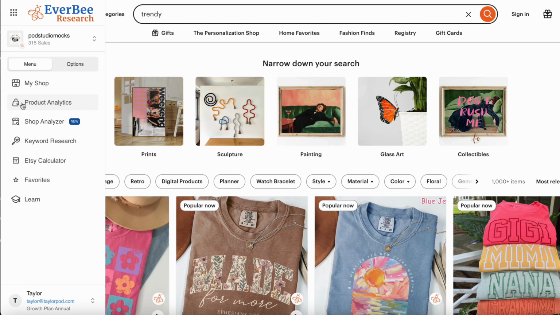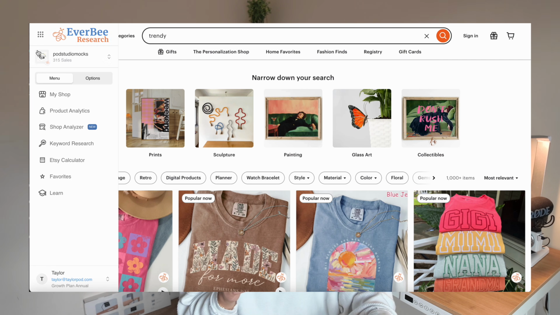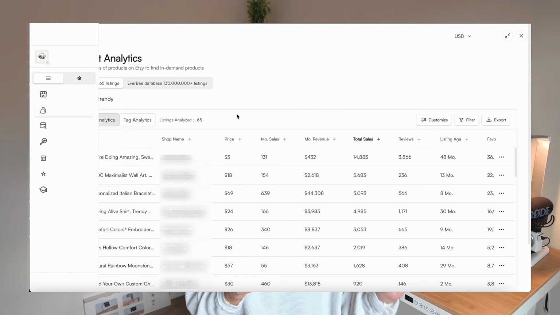The reason that I like to do this with EverBee is because I am specifically spending time in the product analytics. When I'm doing searches, I don't want to spend a bunch of time clicking into every single listing and trying to dive around and find things that are profitable. I'd rather just skip the time and filter to what is driving revenue. You can see that is super easy to do. EverBee, if you weren't familiar, is a Chrome extension. And so over on the far left of my screen here, I can just go ahead and click product analytics,